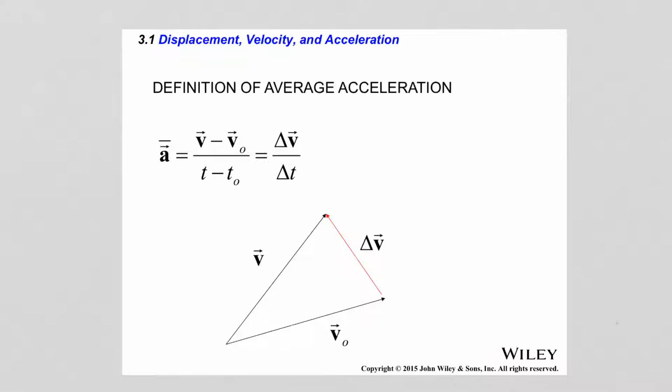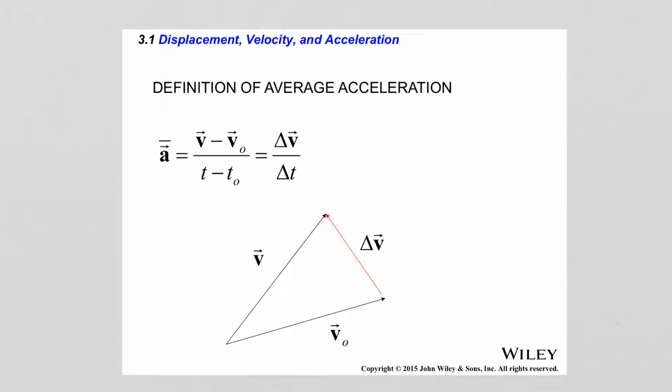velocity vectors. The average acceleration in two dimensions can be defined exactly the same as the average acceleration in one dimension, as final velocity minus initial velocity divided by elapsed time, but now keeping in mind that the velocity vectors are two-dimensional vectors. And so the change in velocity can be sketched as a vector sum as the following vector triangle. So here we have the final velocity v, the initial velocity v0, and then v minus v0 is equal to